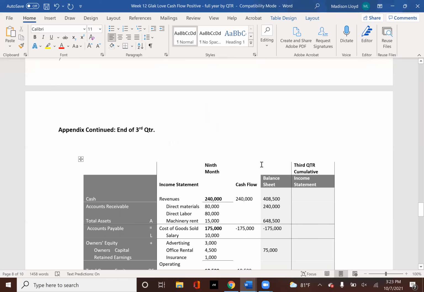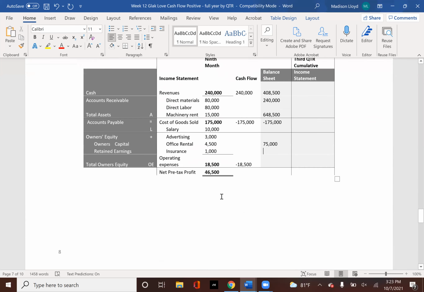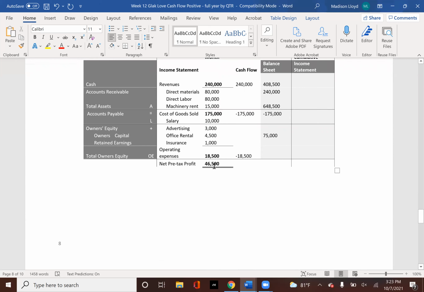Retained earnings, just look at last month's retained earnings value, $352,000 plus this month's new profit, $352,000 plus $46,500, come out with $398,500. Add your earnings plus your capital, and you're going to get your equity, which is